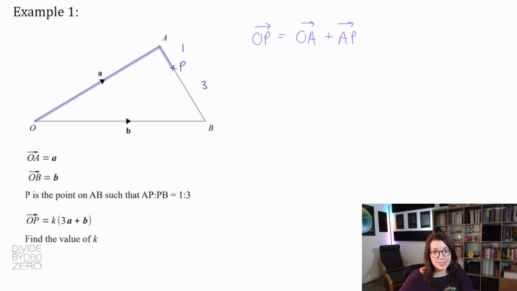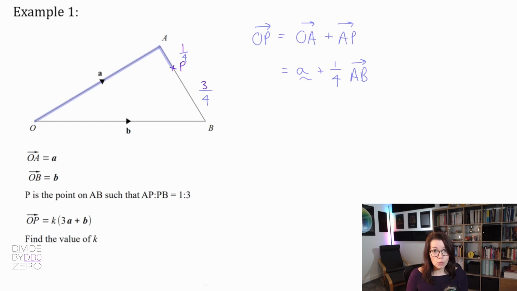Once you've got your vectors written down, you can see what you know and what you don't know. So vector OA, we know that that's lowercase a, so we can write that there. And then vector AP, we don't actually have an expression for that yet, so we should probably try and get one. Now, I know that from the ratio, A to P is actually a quarter of the way along A to B. Reason is the ratio is 1 to 3, and that ratio is the same as 1/4 and 3/4. If you were going to split that line AB up into that ratio, you'd go 1/4 to P and then